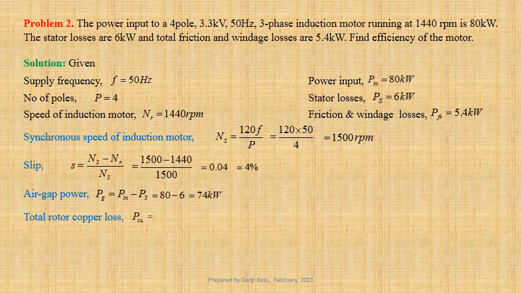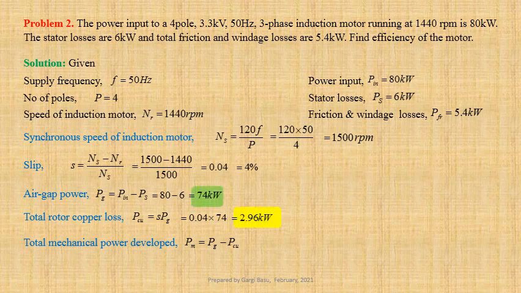P copper equals S times Pg, that is equal to 0.04 into 74, that gives us 2.96 kilowatt. Total mechanical power developed Pm equals Pg minus P copper. Using values, we get 74 minus 2.96, that gives us